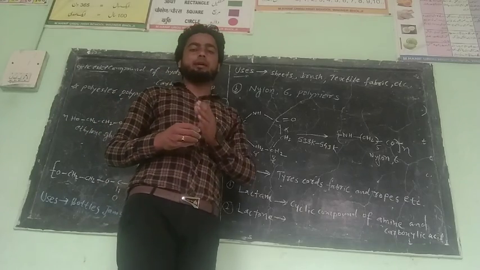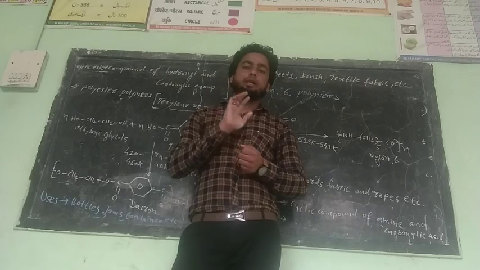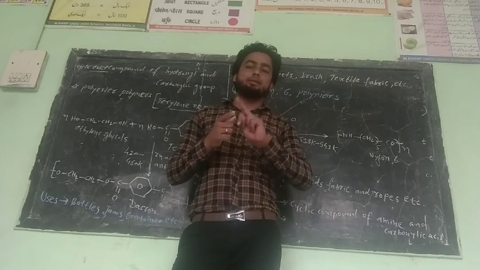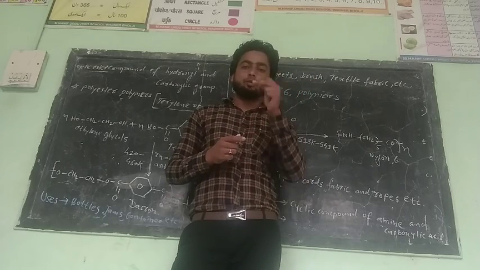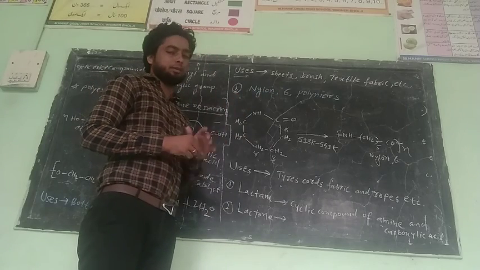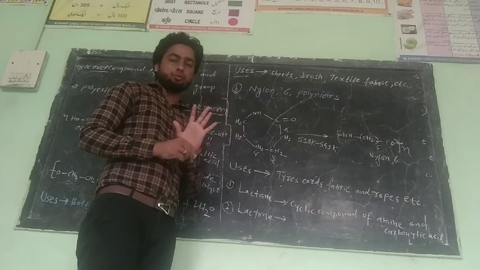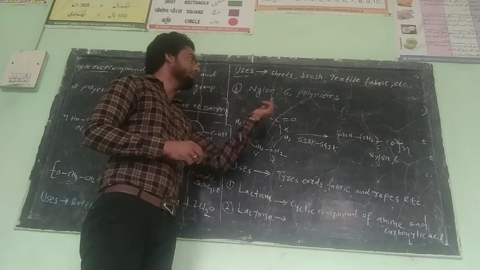The question will be like this, beta: write down the preparation of polyamide polymers. It has two types, nylon 66 and nylon 6. But yesterday we finished the nylon 66 preparation. Today we discuss how to prepare nylon 6 polymer. This 6 indicates the number of carbons in a given monomer. Clear? So how to prepare a nylon 6 polymer, we discuss here.